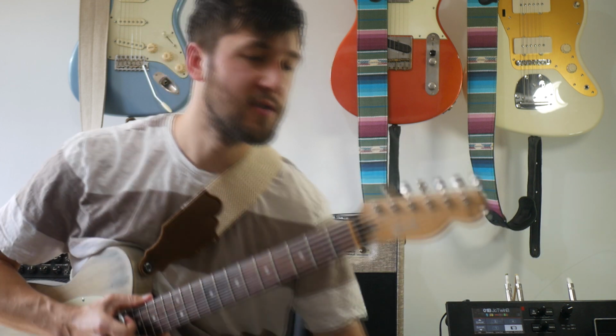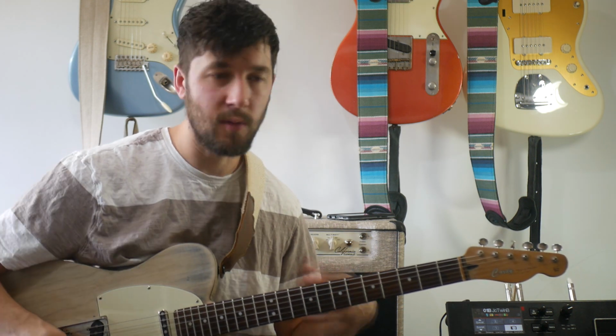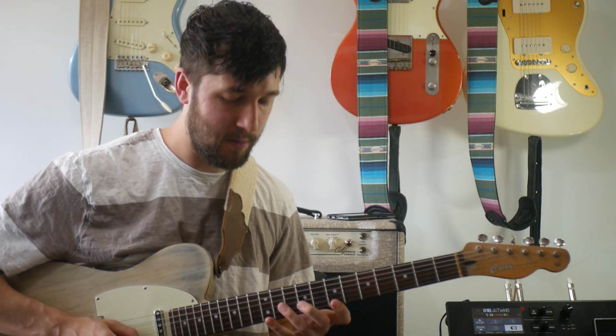So that one I found super tricky, to the point where it's quite different technique wise to the initial lick, but it's got that same kind of sequential thing going on, and I'm going to have to look at that closely and figure out how to play that fingering wise where I'm not stumbling. That's how I could take